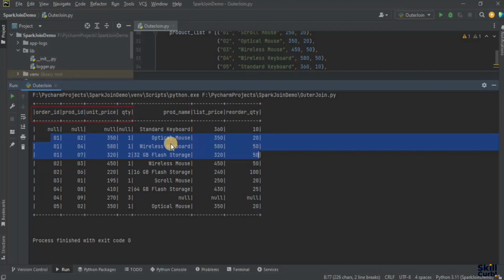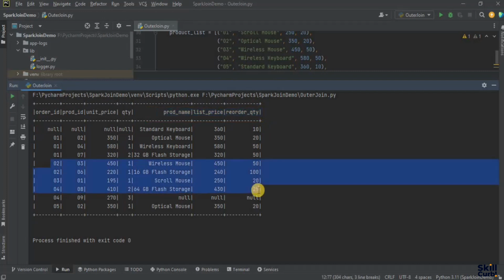So these 4 columns are from the left side and these 3 columns are from the right side. Similarly, these 4 rows are in the output because we had a match on the right hand side. So up to here everything works like an inner join. However, we are also getting product ID 9. This item does not have a matching record on the right side, but it is still in